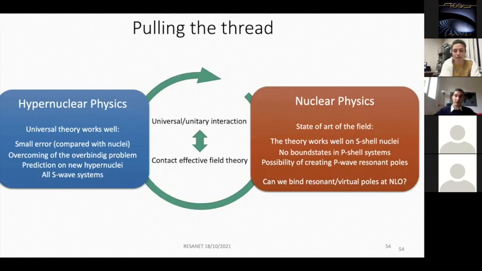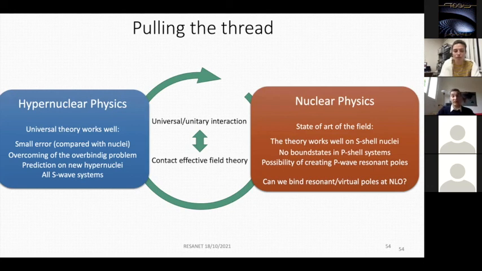Okay, let me just finish here. This is a final summary of everything. What I showed you today are two systems. First, hypernuclear systems, single lambda hypernuclei, in which you can see a contact theory which has small errors. You can use this theory not only to overcome the overbinding problem, but also to predict double lambda hypernuclei, and everything works well. Hypernuclei are very nice because the lambda particle is a different kind of fermion than